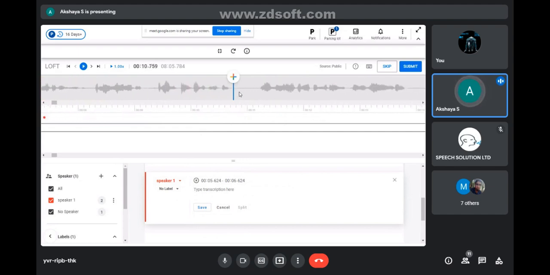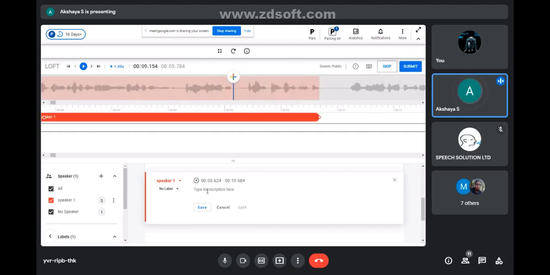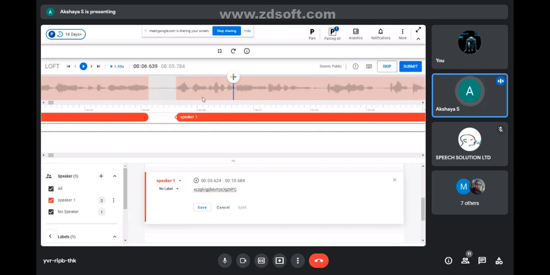Yes, then again I got a doubt. There is a 500 millisecond gap. That's why I'm checking this. See, this is more than a 0.5 second gap. So I need to cut the segmentation here. So I'm creating the segmentation from here to here. Okay, I'll type exactly what I hear. See, from here to here. Okay, and I'll save the segment.